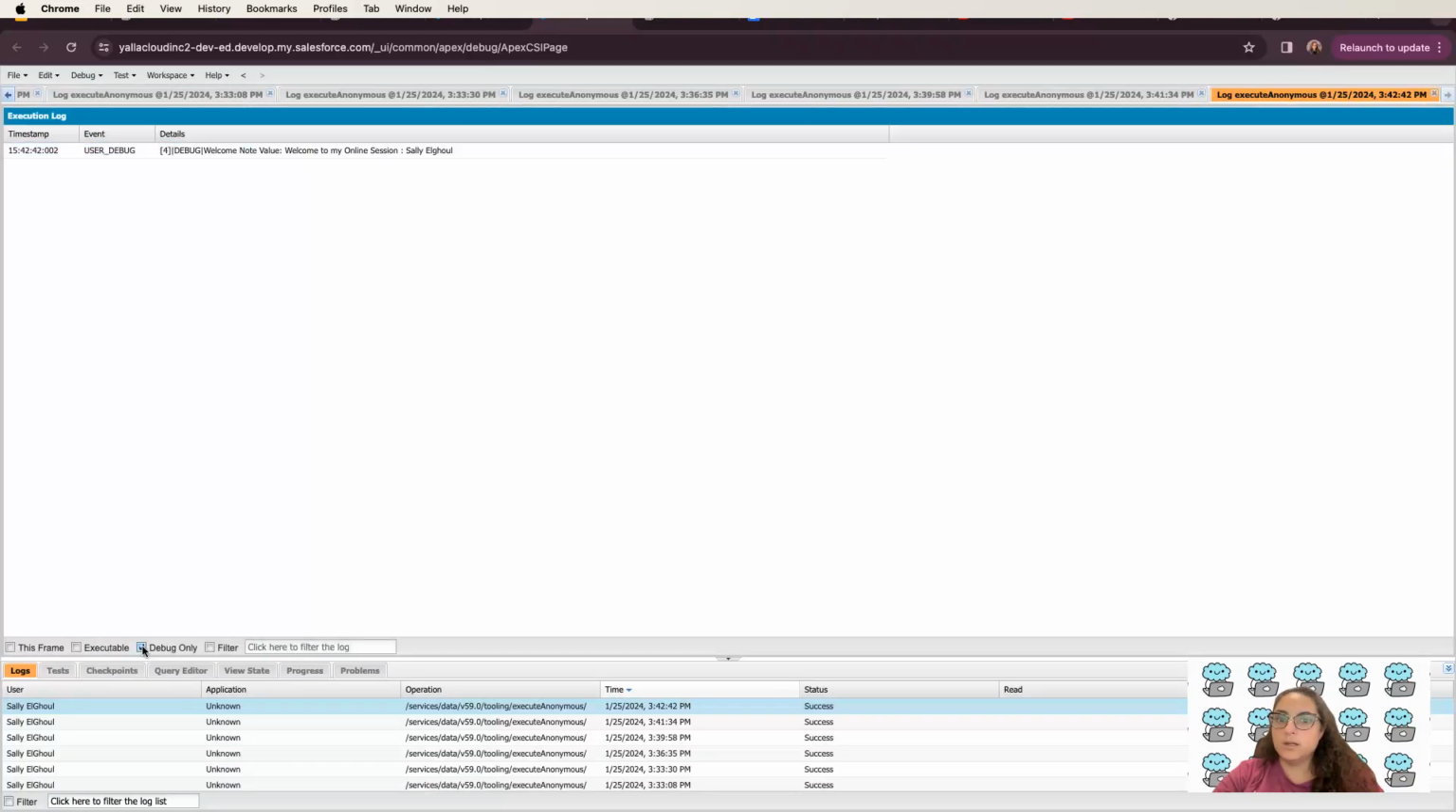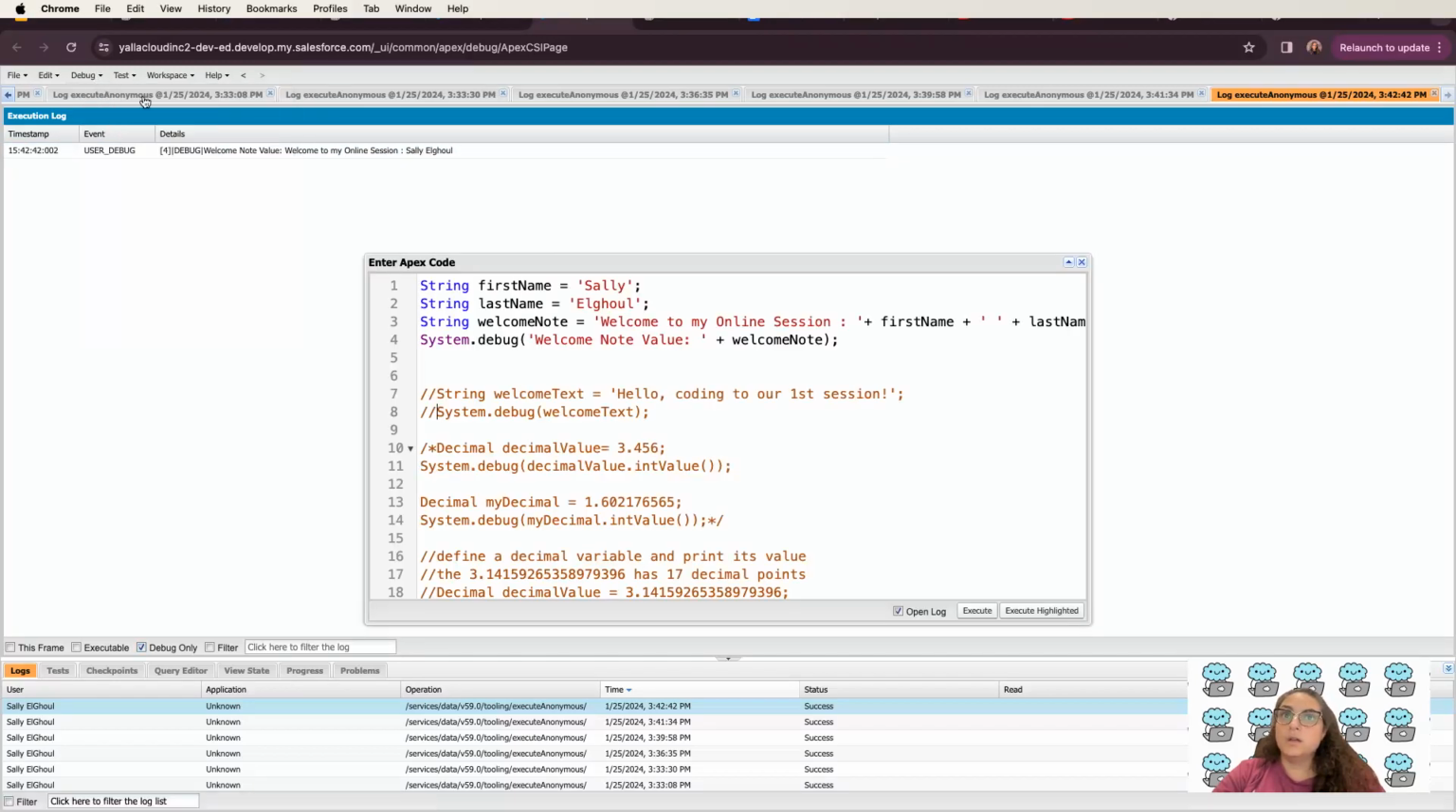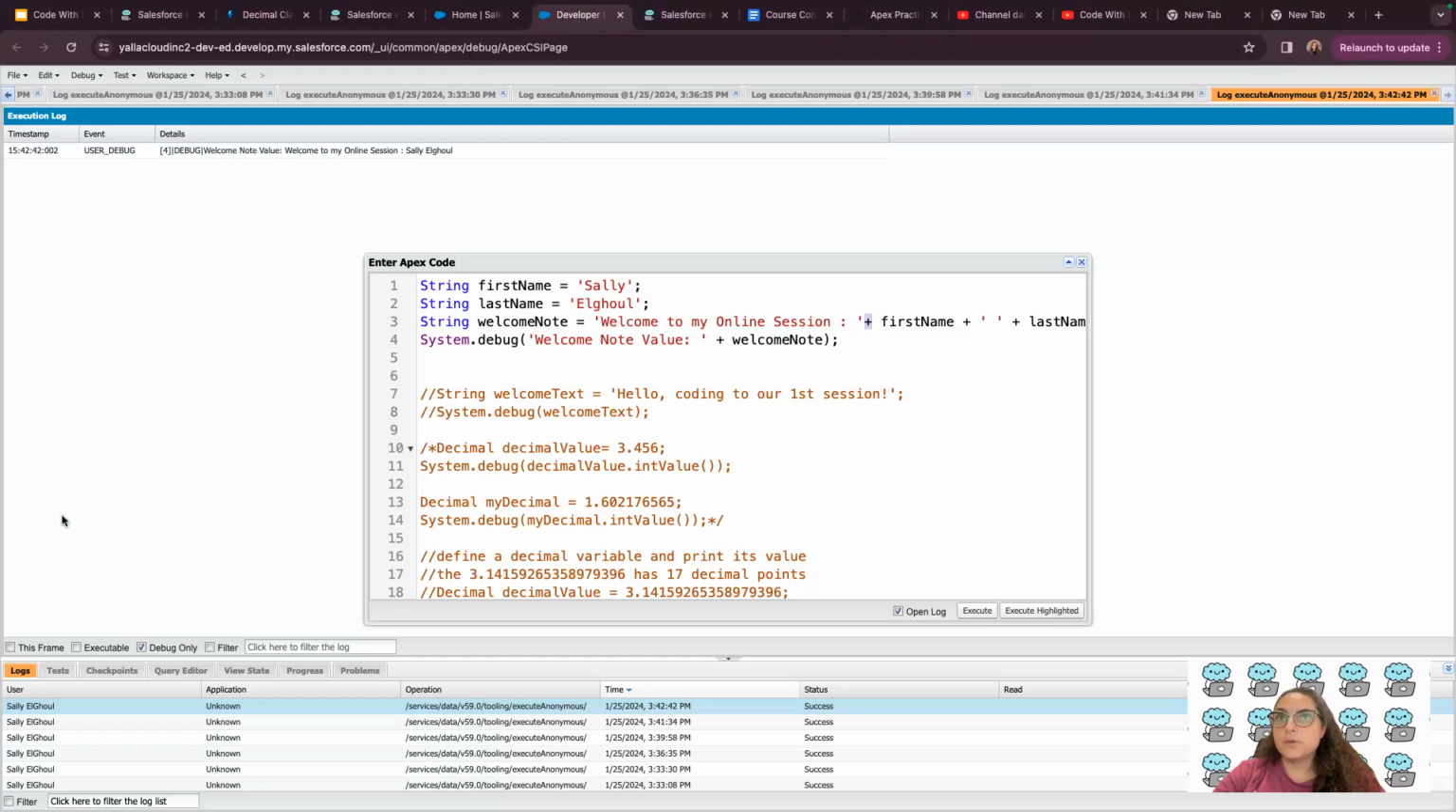And I use debug here. The debug here shows now, welcome node value, welcome to my online session, Sally El Ghul. So this is how we can do concatenation within strings. It's very useful because sometimes you will have different strings or a fixed message, like the welcome message I have here, but the variable would be who I'm giving this welcome message to. Like if you type your name or if you're getting the name of a user,